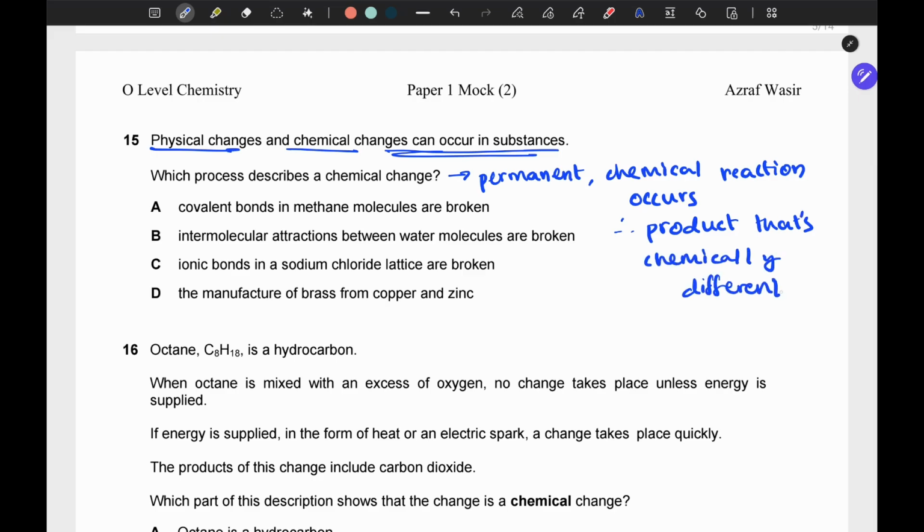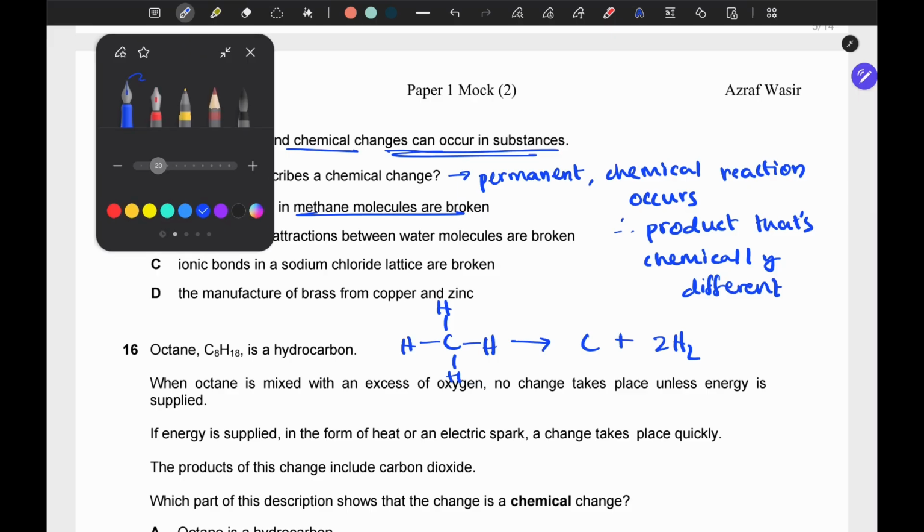So if you look at the different scenarios presented, covalent bonds in methane molecules are broken. In a methane molecule, we have these covalent bonds between carbon and hydrogen, and if we break them down, we end up with carbon plus 2 molecules of hydrogen. We see that our reactant and products are completely different chemically. So because of that, A must be the answer, but what about the other options and what's wrong